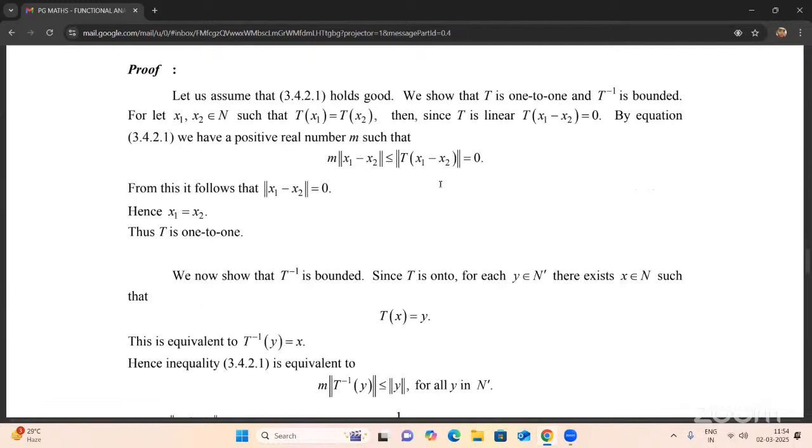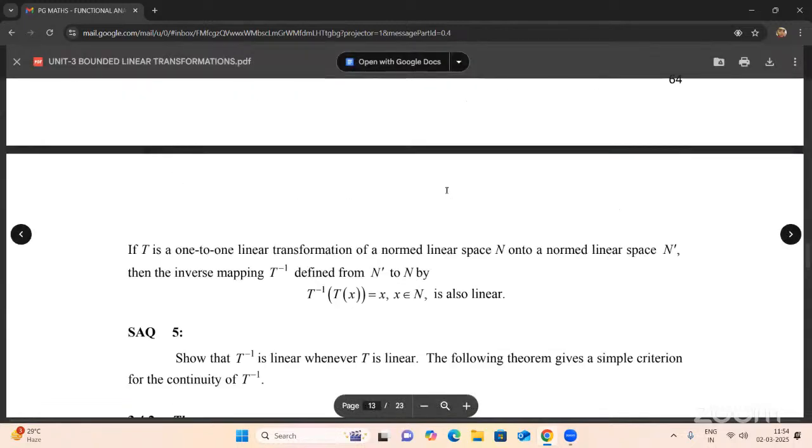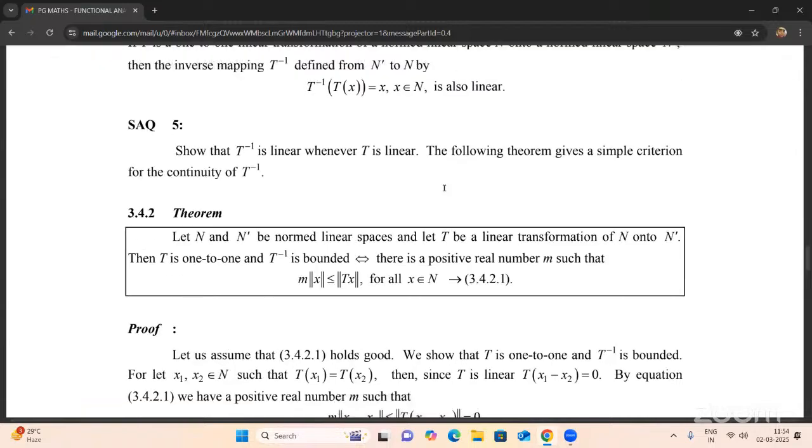Now, see this theorem. This theorem is very important. See here. N and n dash are both normed linear spaces. T is a linear transformation of n onto n dash. Given that the linear transformation is defined on n onto n dash, this transformation is 1 to 1, meaning one-one and onto. When the given transformation is 1 to 1 and, at the same time, the inverse transformation is bounded, then